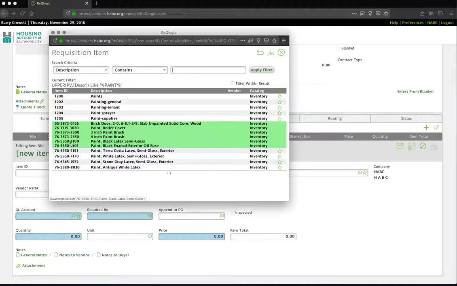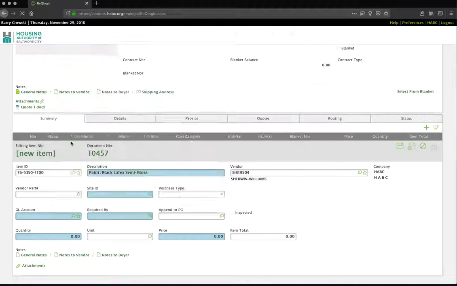In this example, I'm going to order the paint black latex semi-gloss. So I click on that option. It fills in the item ID, the description, the account number that has been previously used by it, and then the remaining is done. I can change this description if I want to add additional information,